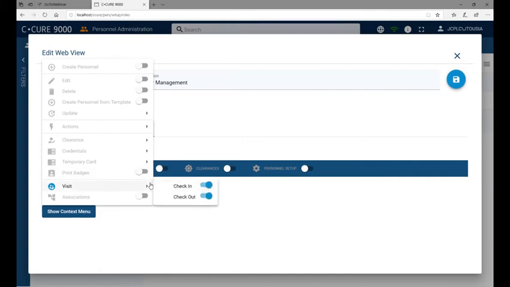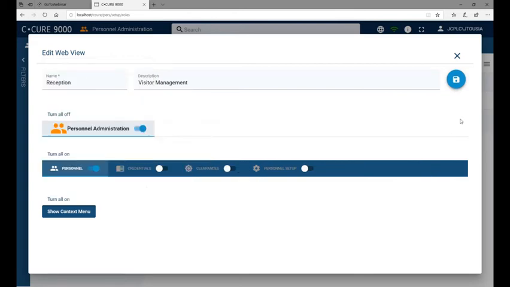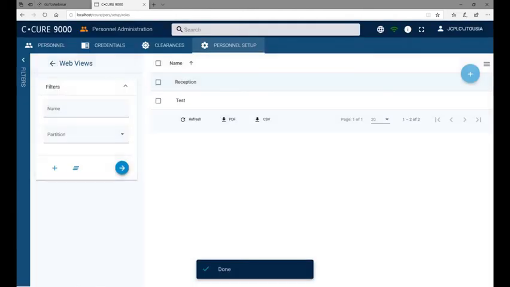So we're going to allow them to check in and check out visitors, print badges. I think they can assign and return temporary credentials. And what else are we going to give them? Maybe they can grace personnel as well. Once I save that view,